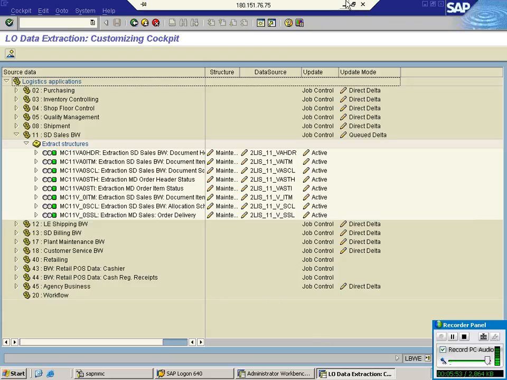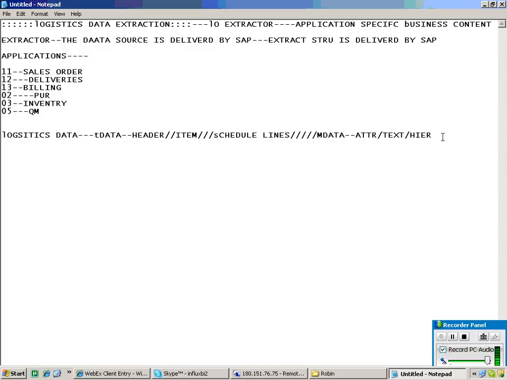So let me tell you. See, the data source naming conventions are going to be like this. Since it is SAP delivered, the data sources are delivered by SAP. 2LIS is the standard prefix for any logistics data source. Then followed by the application number. Let's say if it is sales orders, 11.